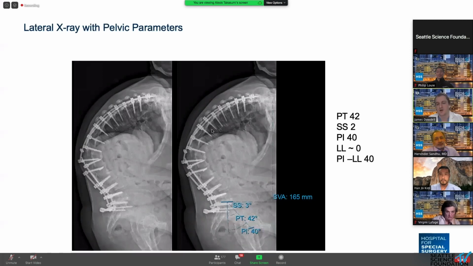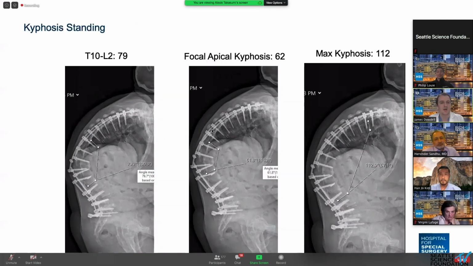Her SVA is also 16 centimeters. Her kyphosis is significant through T10 to L2, where it should be theoretically 0. She's at 79 degrees of kyphosis, and her maximum kyphosis, global kyphosis, is 112. We talked about supine